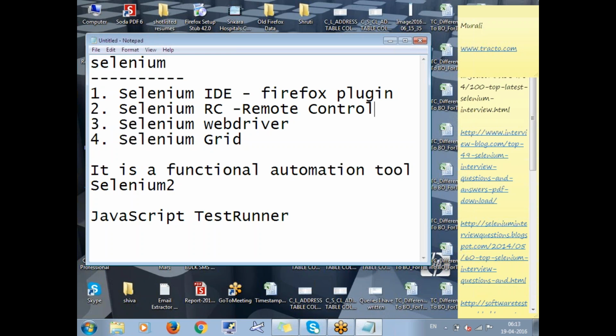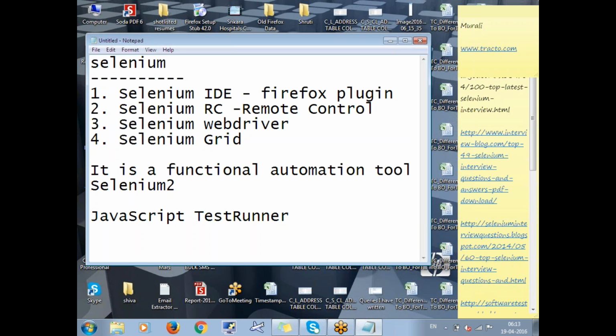Whatever language you know, you can use it accordingly. Here you need to download the jar files and include them in the particular IDE, and then you should start the server before executing the test cases, and once the execution is done, you should stop the